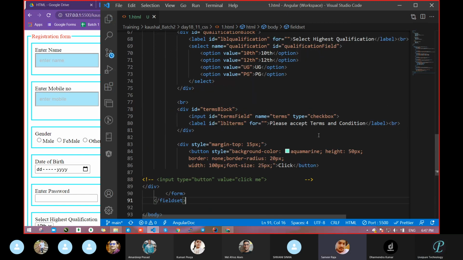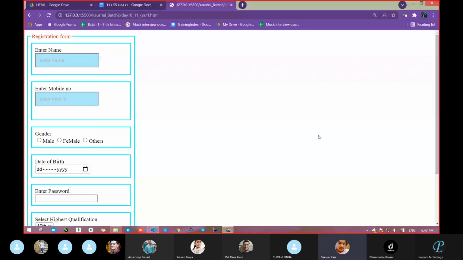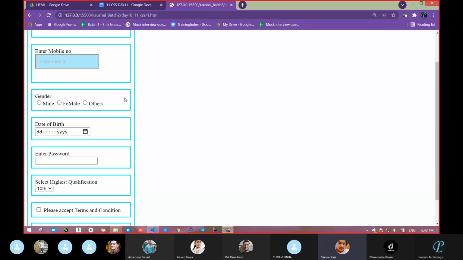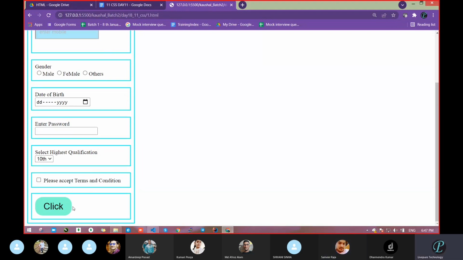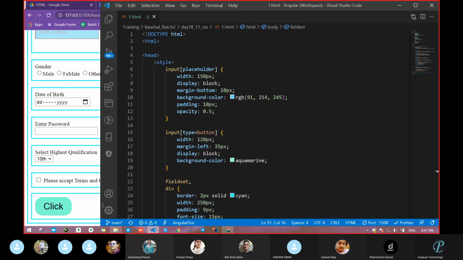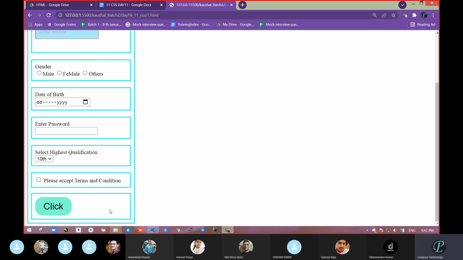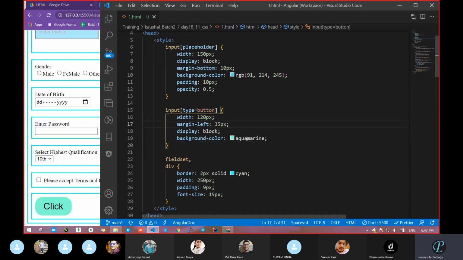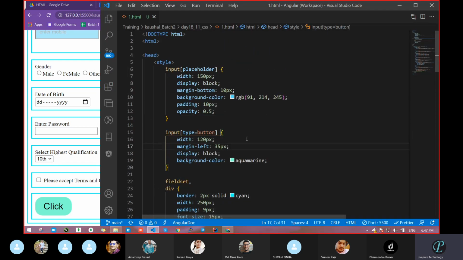Yes, sir. In CSS, in the button section, why are we giving display block? Display block is for occupying this complete section. Otherwise, a button is inline, so a BR tag would be required. That's why we converted all of them into block level elements.